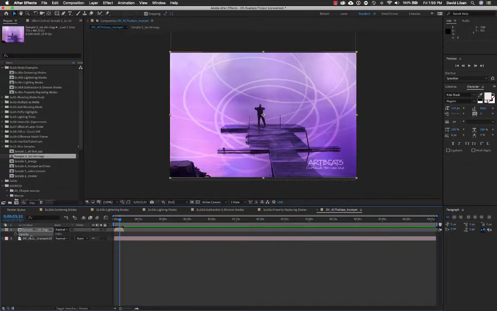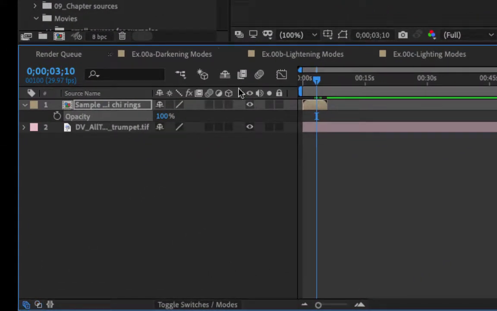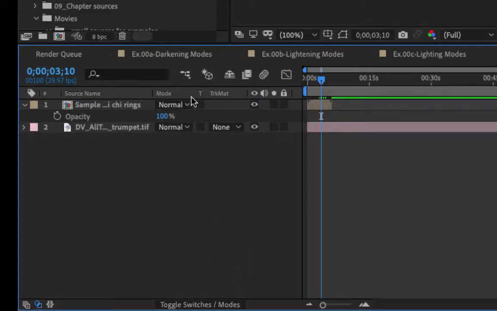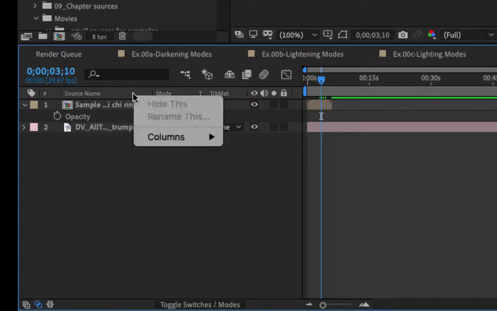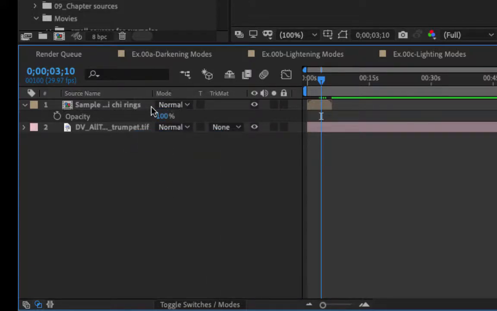A blending mode is different. What a blending mode does is it takes the color information from the two sources and together create a different appearance. So down at the bottom, you're going to have something here that says toggle switches and modes. If I click that, if I come over here where it says mode, if you're not seeing modes, if I right click this and go to modes to make sure that that is selected,